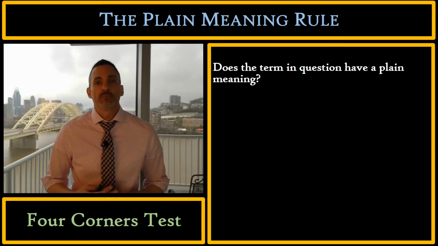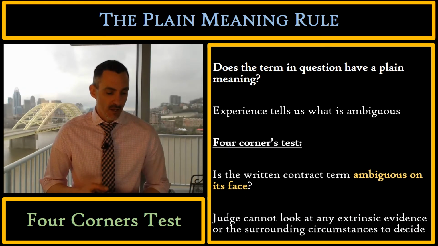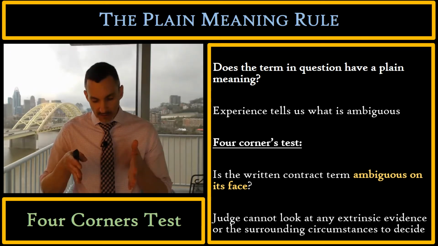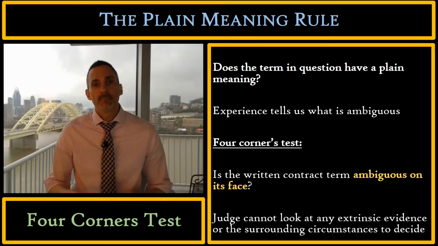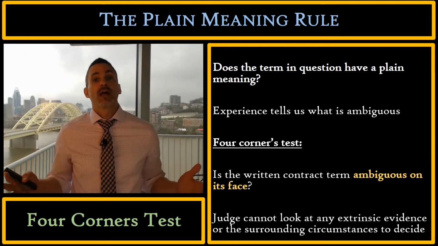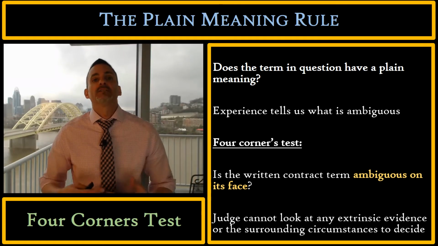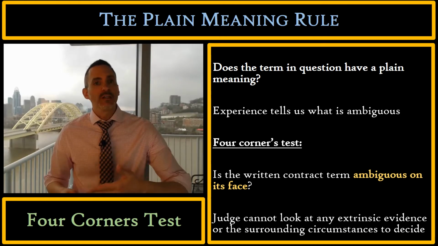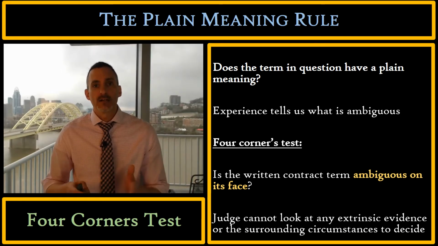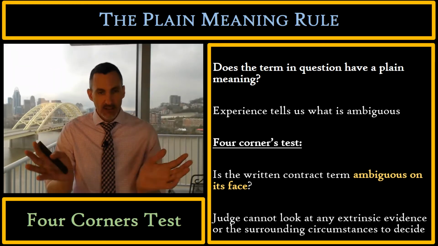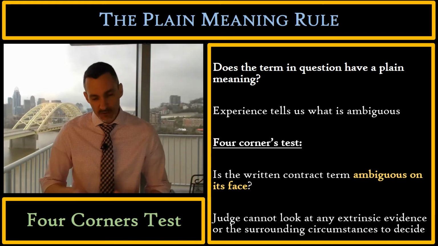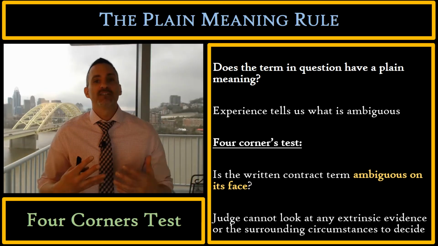So there are two different approaches. First, let's talk about what I consider to be the minority approach. It's a very conservative approach. When the judge is considering whether the contract term is ambiguous, the judge relies on the judge's experience. Experience tells her what is ambiguous, and that judge will only look at the four corners of the contract. The judge will look at the term in the contract and look at the contract altogether and say, yes, this is ambiguous based on what I understand to be ambiguous, or no, this is not ambiguous based on what I